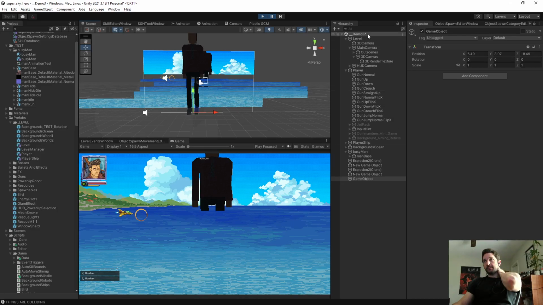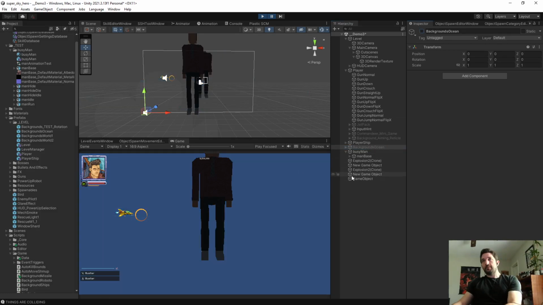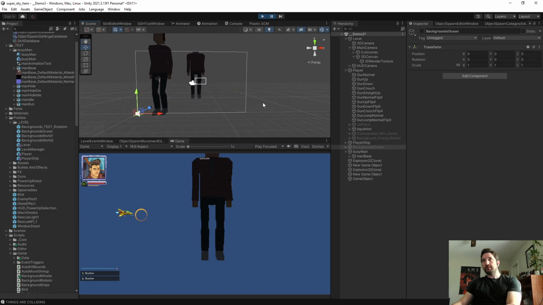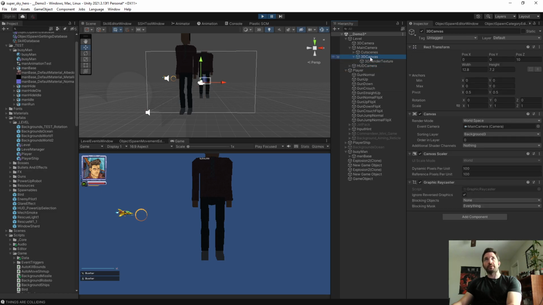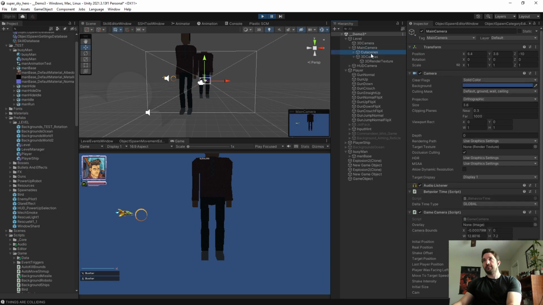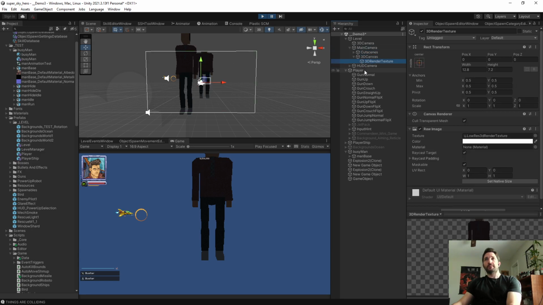I can't see his feet because of the backgrounds. Let's kill the backgrounds for a second. So actually where he is on screen could be correct. This point, even though it's in 3D space, is 3 point something. So maybe that math doesn't even make sense. Of course that math doesn't make any sense because that's his 3D position. Why am I even attempting to use that? So where he actually is,